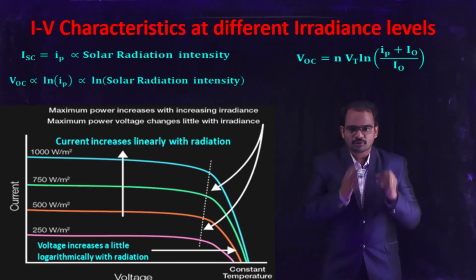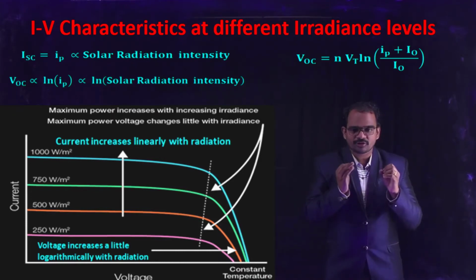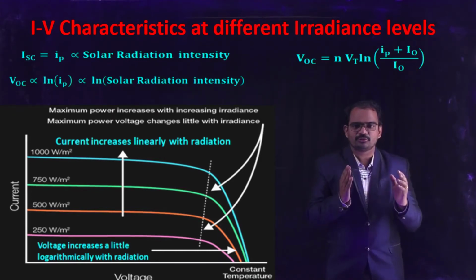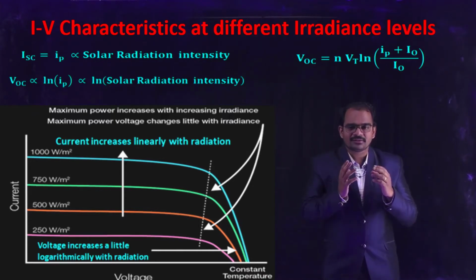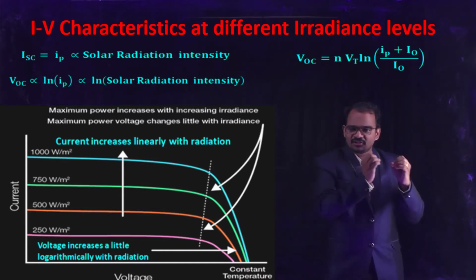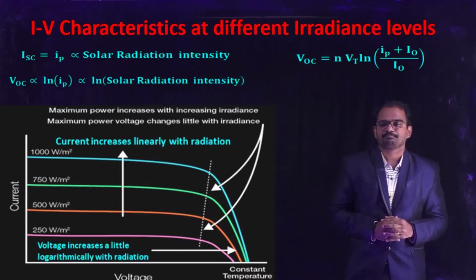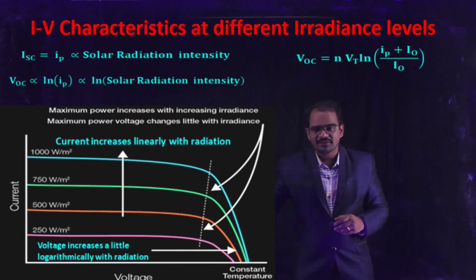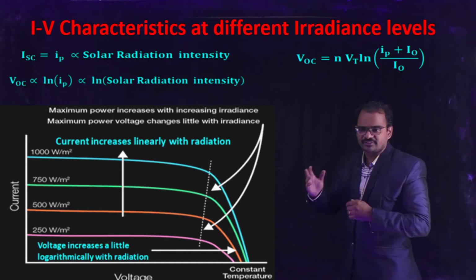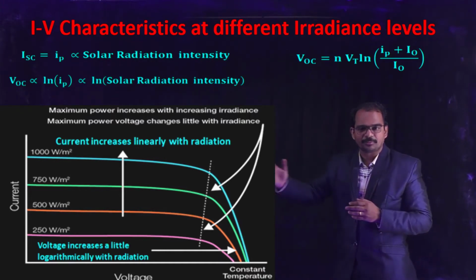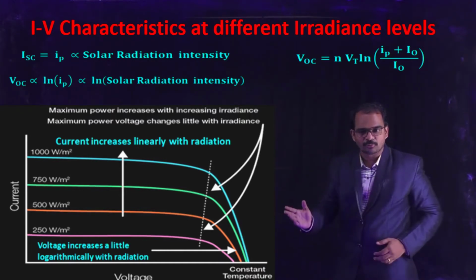Therefore, the conclusion is that the short circuit current is linearly proportional to solar radiation intensity, whereas the open circuit voltage is proportional to the logarithm of solar radiation intensity. Now what happens when the irradiation starts increasing? Say, for example, when the irradiation is 250 watt per meter square, we will get the bottommost curve of this